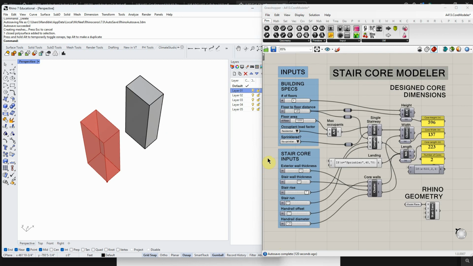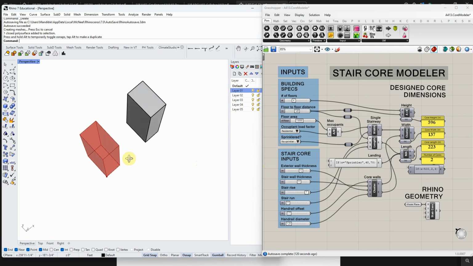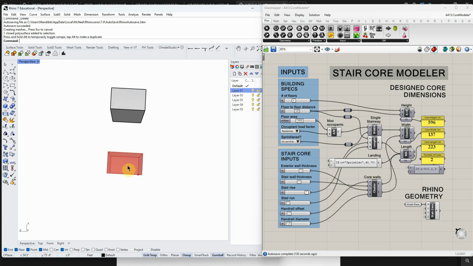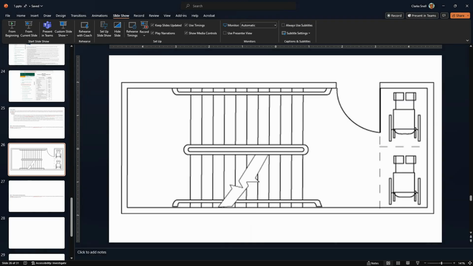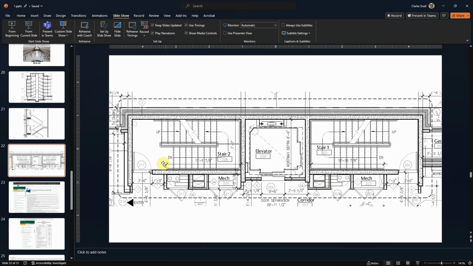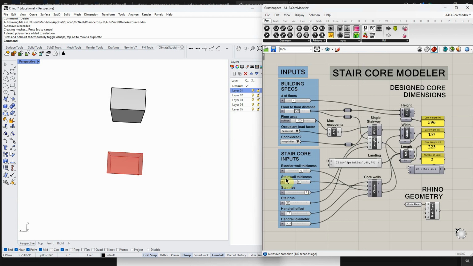Let's delve into it a little bit deeper because there are some interesting things here, and things that you should check if you get into a situation like I'm getting ready to describe. Notice this looks like a stair core, right? This looks like what we're seeing here. It's longer than it is wide. If you have done much commercial work, this is what they look like. But what if we start getting into